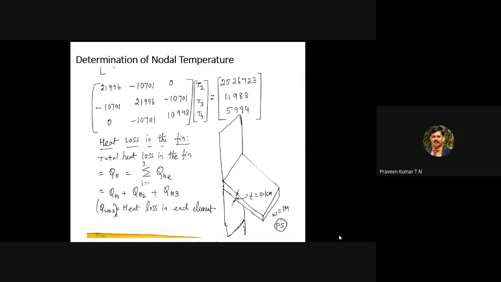Whatever amount of heat is generated inside the engine, some amount of the heat is converted to work by moving the piston forward and backward. Finally, it is connected to the drive system, etc. You are familiar with all those things, and some amount of heat is still in the material itself. If you do not extract that heat, the engine will get overheated. Once the engine gets overheated, it causes a lot of problems. The first problem is the piston will get stuck inside the cylinder. To avoid that, we should have a sufficient mechanism to extract the heat from the engine.